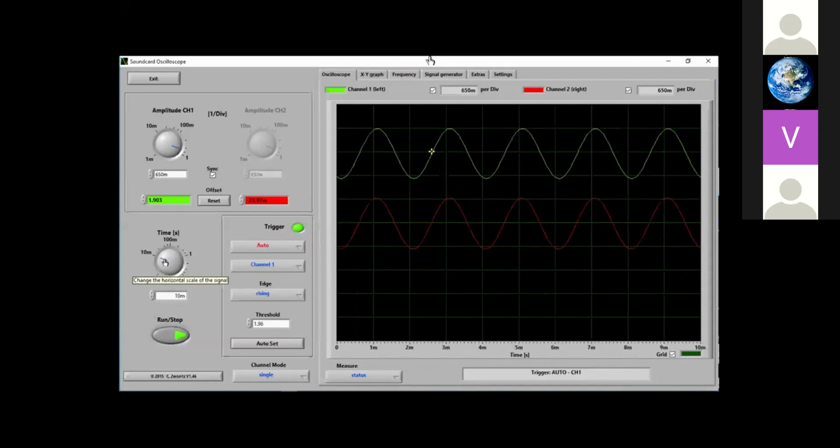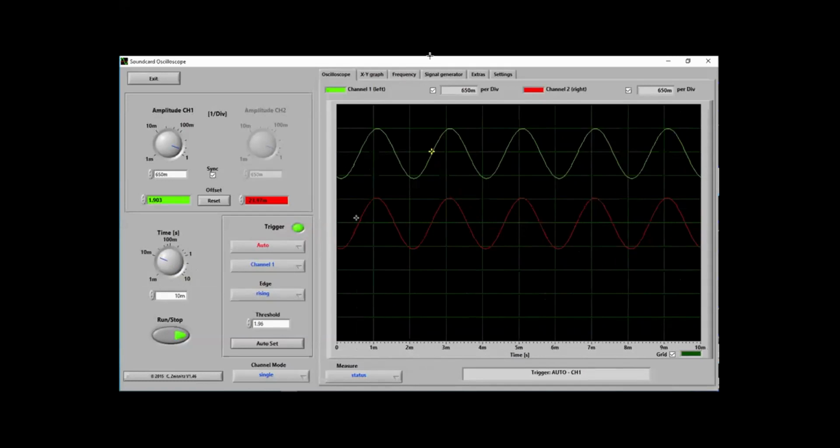So what is the trigger? Trigger means it will take a sample of a very short snapshot. If there is a complete bunch of series of the waveform, then it will zoom into a particular section and show you the waveform from that location. So basically it is the point.